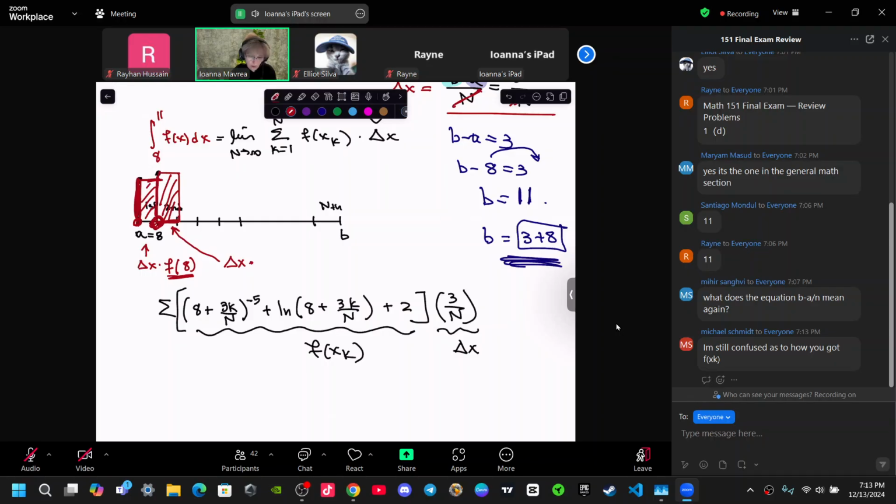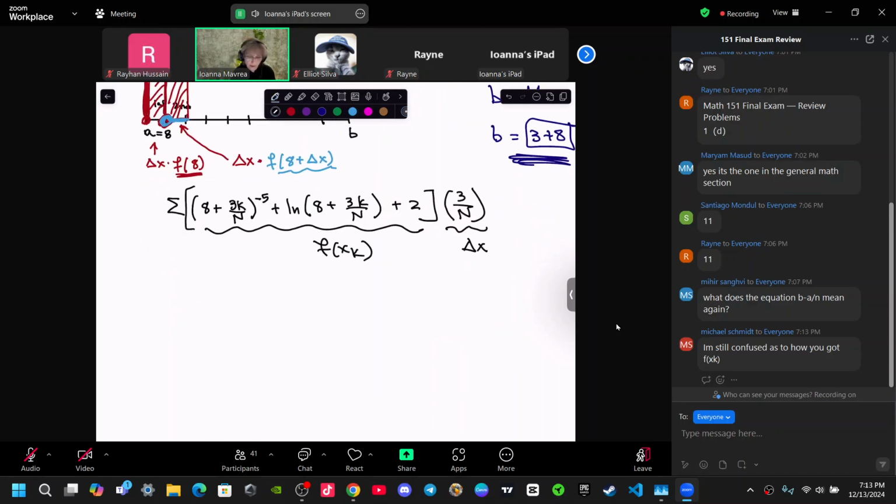The height is going to be the value of the function at the left endpoint. The left endpoint is 8 plus a little bit. How much is the little bit? Delta x. So f of 8 plus delta x, that's going to be my second y value, right? So if I were to use left endpoint approximation,